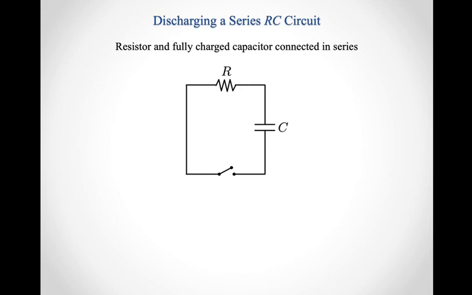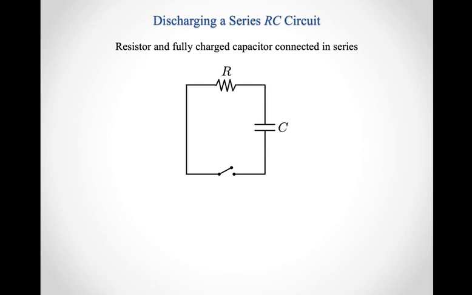So let's take our fully charged capacitor, and now we want to use it. So we want to take advantage of the fact that it has charge on those plates. We want to let that charge generate an EMF that drives a current. And so what we'll do is we'll remove the battery, and then we'll connect a capacitor and a resistor in